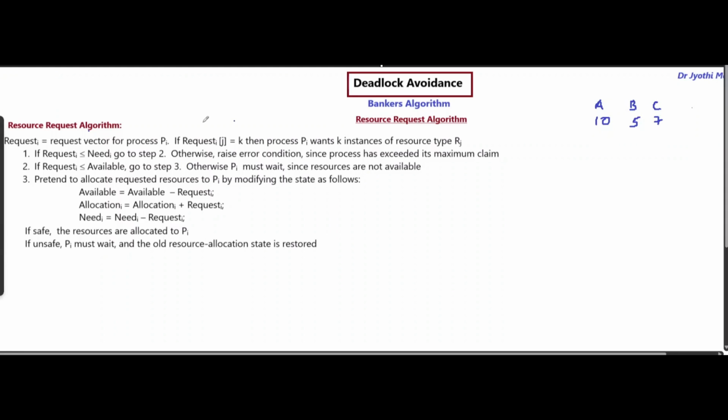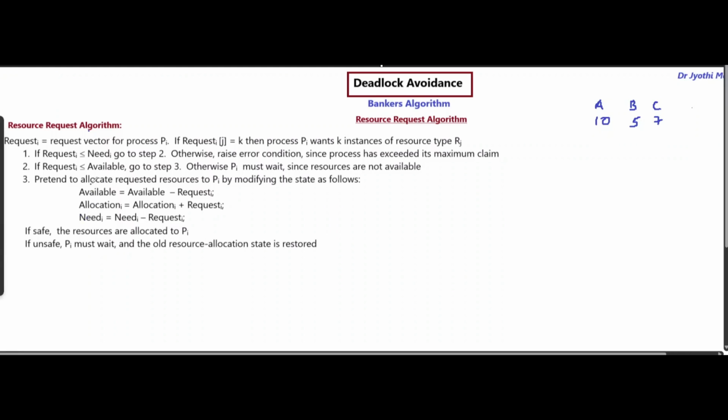Now, what this resource request algorithm does is it will first check whether the request the process has made is less than or equal to the need, because we already told each process to give its maximum, like what its need is. So the request should be less than or equal to need. If it is, then only it will go to the second step. In the second step it will check if the requested resources are available, that means less than or equal to available, and only then go to the third step where it will update the available, update the allocation, and update the need